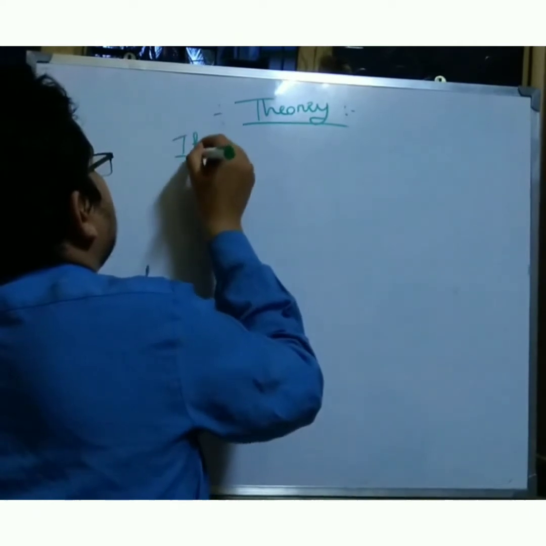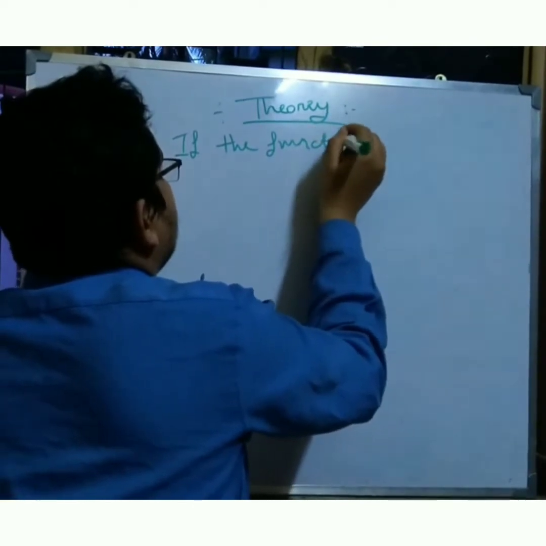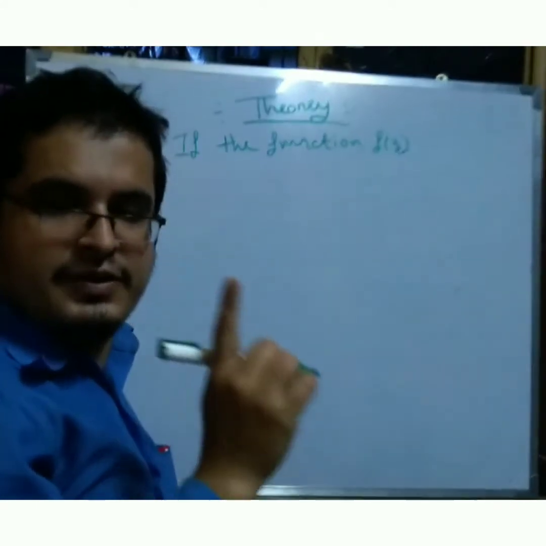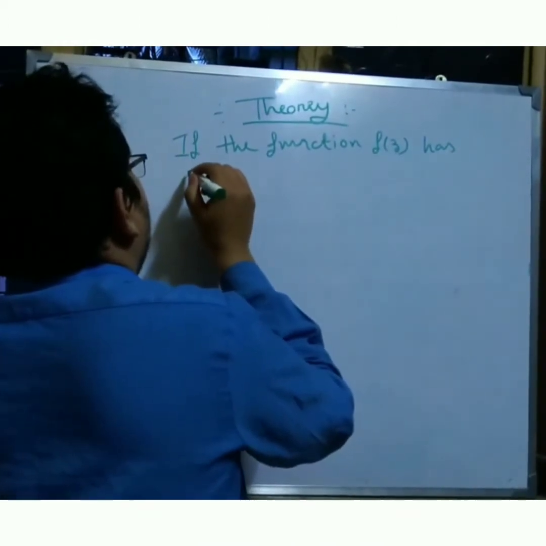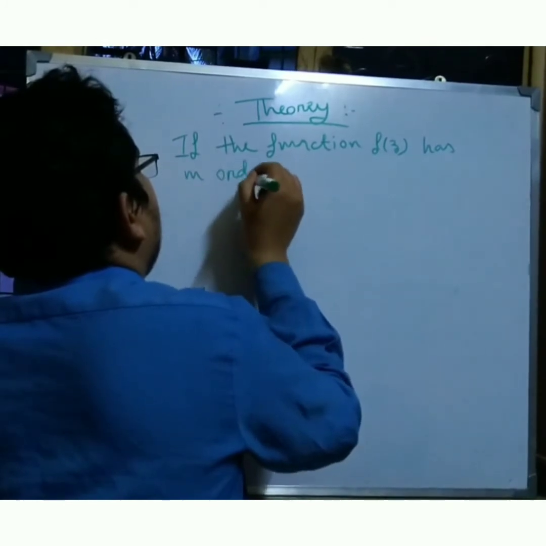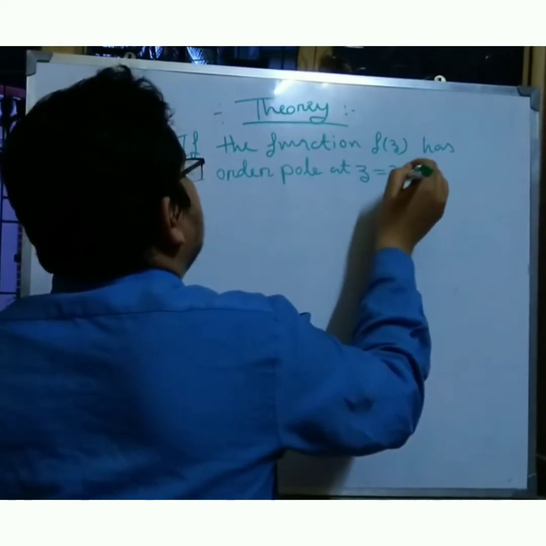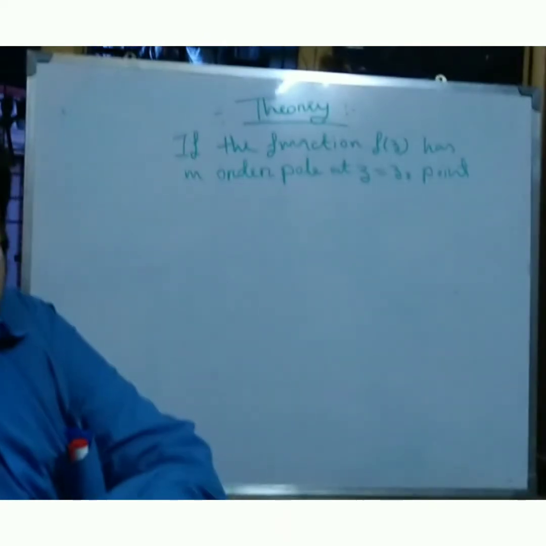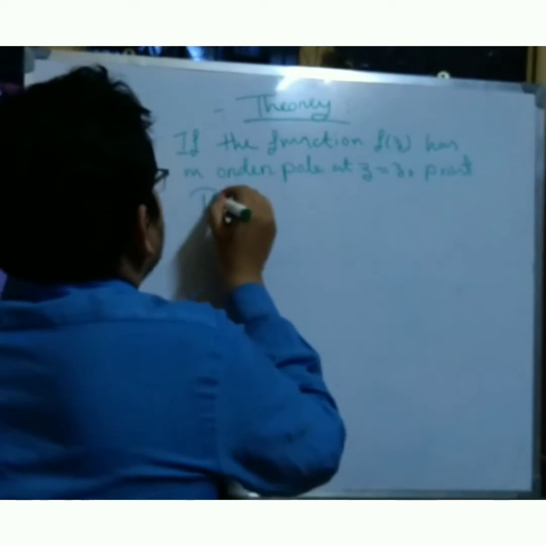if the function f(z) has an m-th order pole at z equals z0 point, then the residue